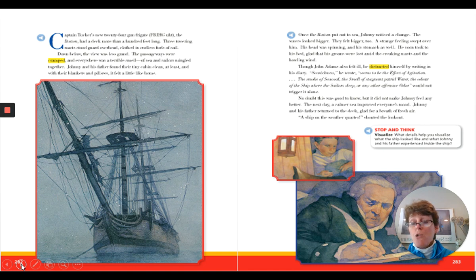Captain Tucker's new 24-gun frigate, the Boston, had a deck more than 100 feet long. 3 towering masts stood guard overhead, clothed in endless frills of sail. Down below, the view was less grand. The passageways were cramped, and everywhere was a terrible smell of sea and sailors mingled together. Johnny and his father found their tiny cabin clean, at least, and with their blankets and pillows, it felt a